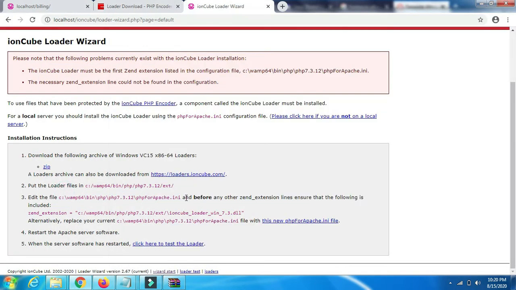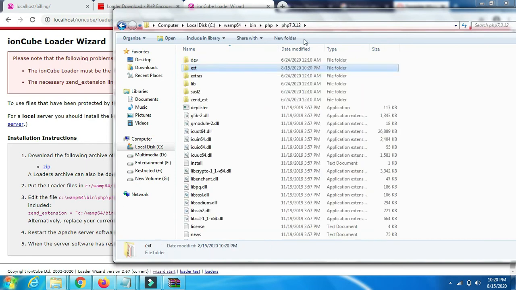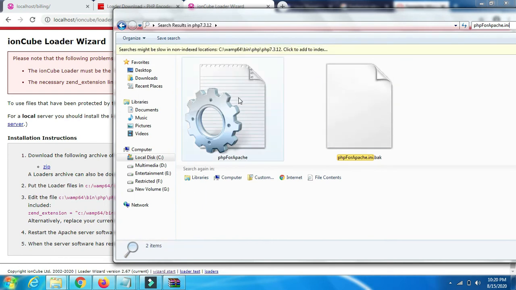Now I need to make certain modifications in one of the PHP files. Now search for this file in the PHP version directory. So this is the file.